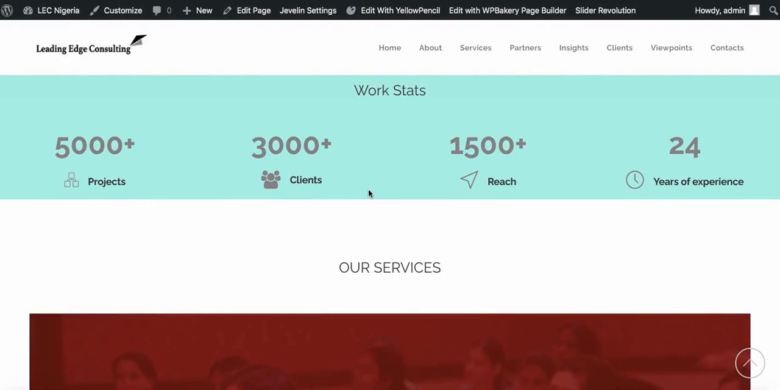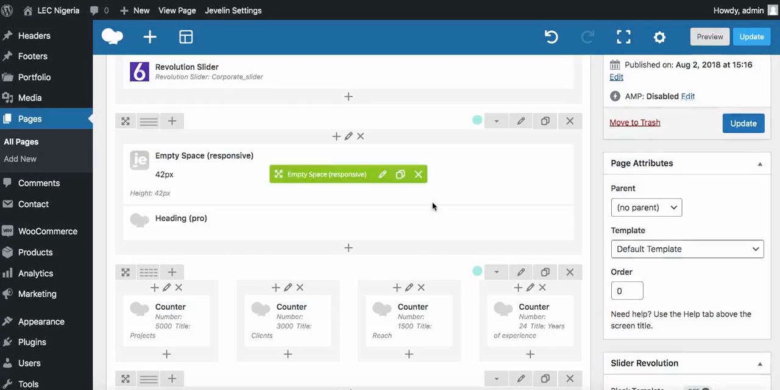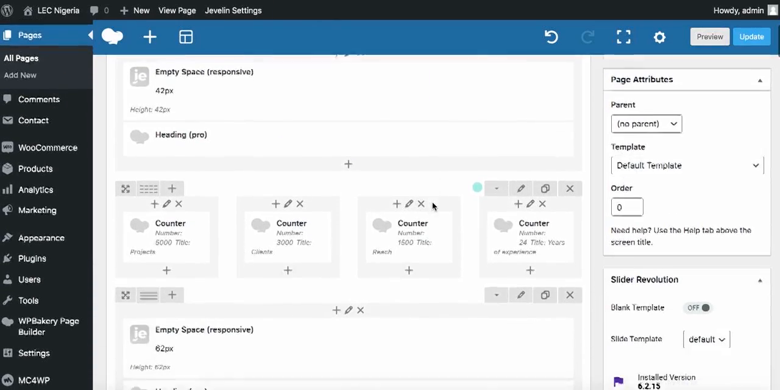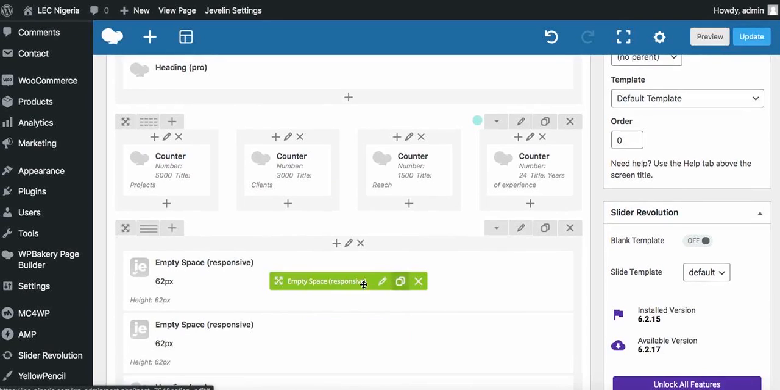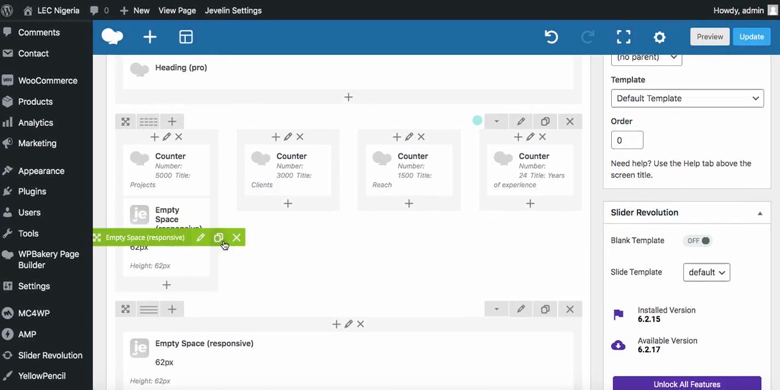We have our work stats, and I need space down here. Okay, so it looks nicer. So what I'm going to do is, that's our work stats. I'm going to duplicate this space, and I'll move it into